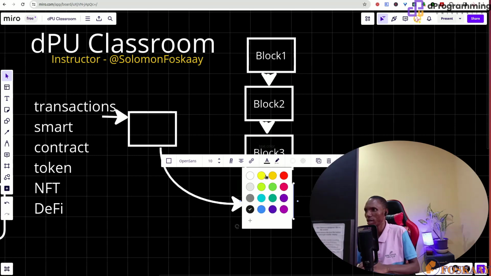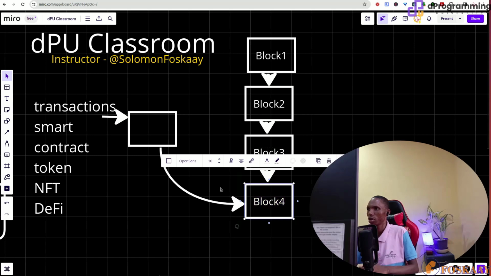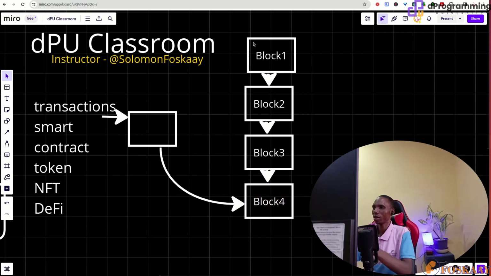You can see it now. That's why it is a chain of blocks that brought about the blockchain.